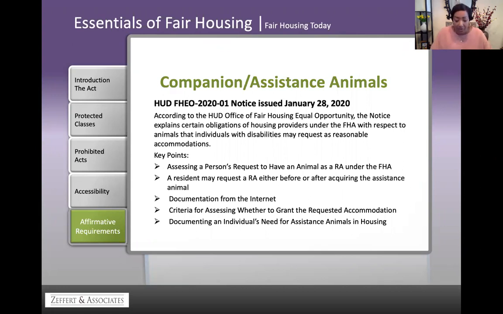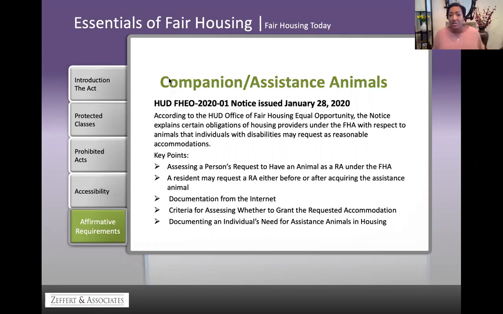Out of that abundance of concern from housing providers, HUD made a clarification, and I encourage you to please write this down, because this is actually a very good update to companion assistance animals. It didn't change the rules and regulations for what is considered a companion or assistance animal. But what it did do was give some clarification as to the documentation that owners are required to have versus what they don't have to accept, because we know that with these emotional support animal requests, people can go online to a particular company and get that doctoral verification that is necessary.